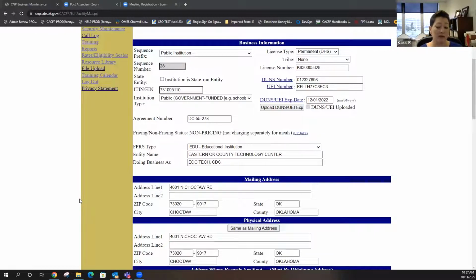So say UCAP is a good example. You guys are a sponsor and you have lots of sites that are, you know, Head Starts or whatever underneath you. We don't need it for those sites. We know they've already had it, but the people up here at the top, those are the people that have to do it, because we don't know that you've done it. You might have, and you probably had one more stringent than ours, probably like a fingerprint and national check. We're just doing the state OSBI one.